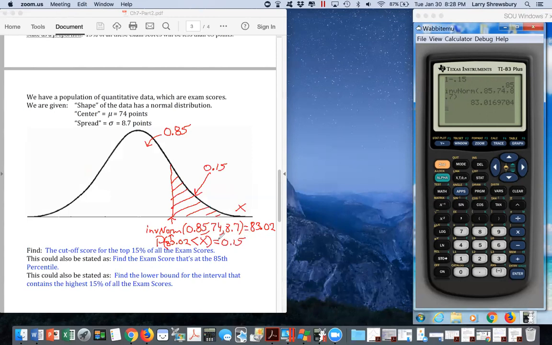And so you run through your head, all right, they gave me the area. I used inverse norm to find the interval. Why, by golly, I should be able to take that interval and give it to normalcdf, and it'll give me the 15%. So we're just going to go ahead and do that so we can impress this into our brains. So it starts at the 83. Why don't I just put in all that accuracy that's right there, right above me,